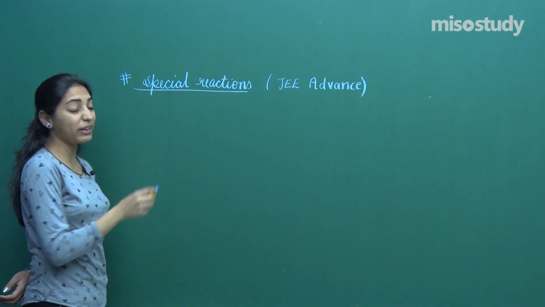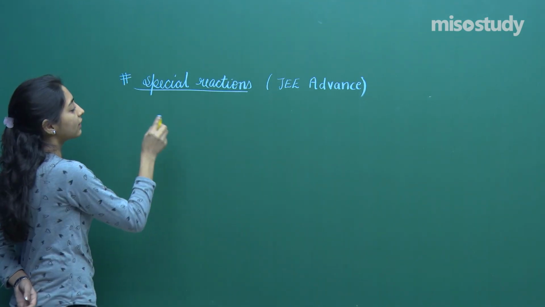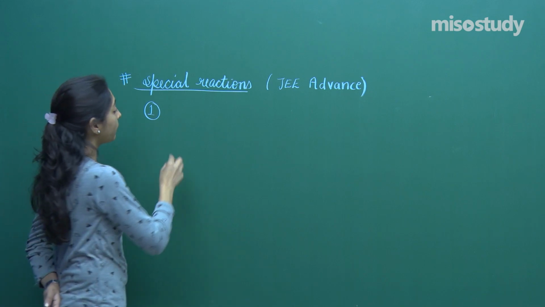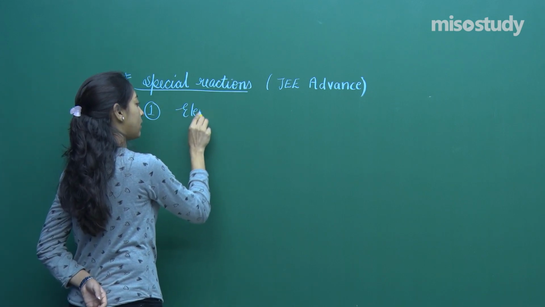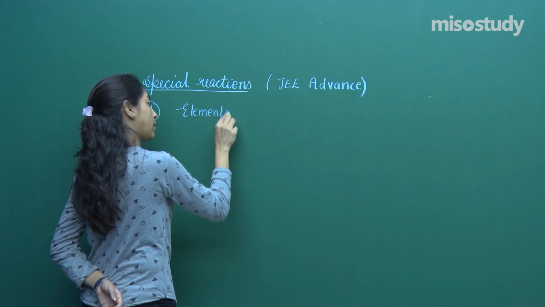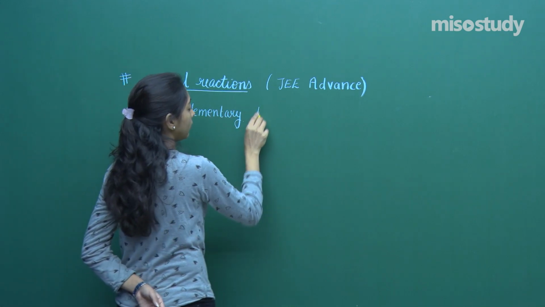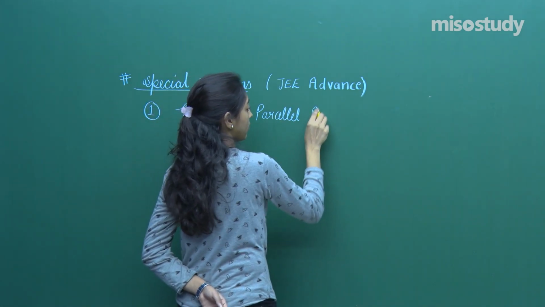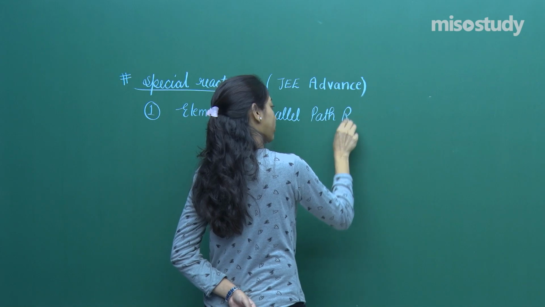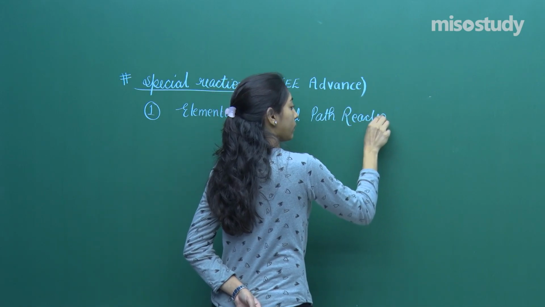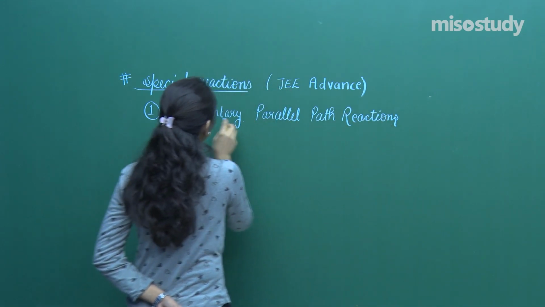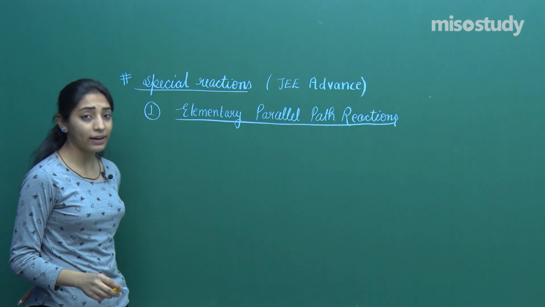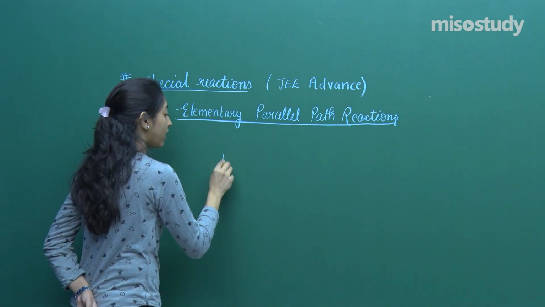So here in the special reactions, the very first category of reaction that we had done was based on the name as elementary parallel path reactions. So we had been discussing the entire details about elementary parallel path reactions, where I said that there will be